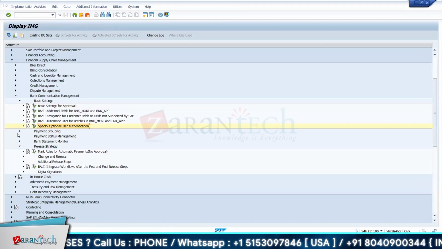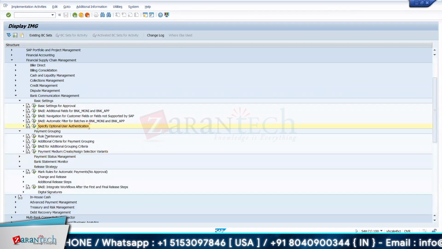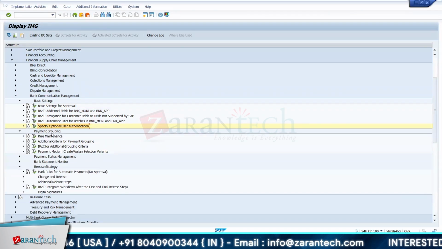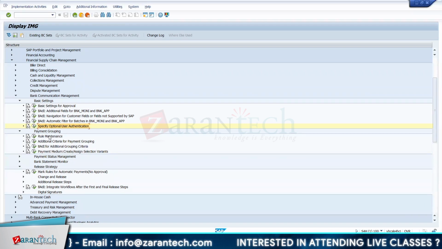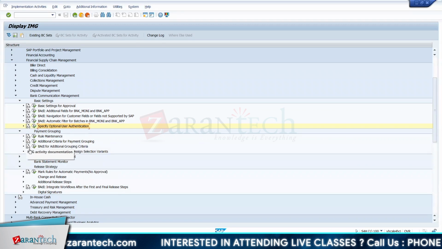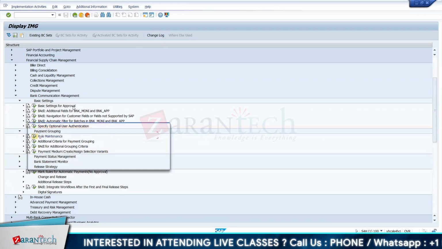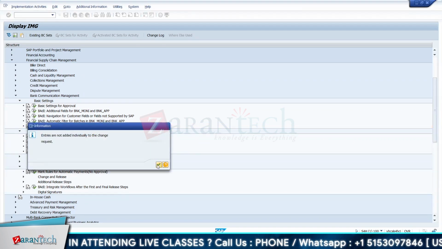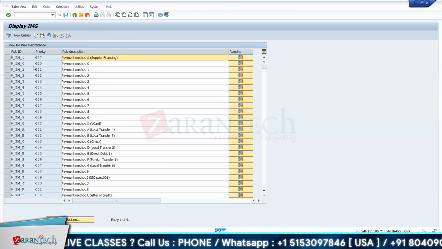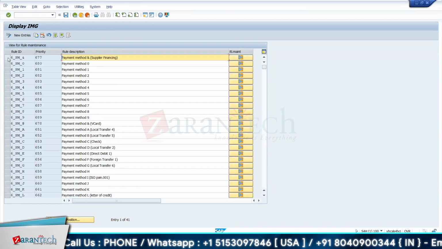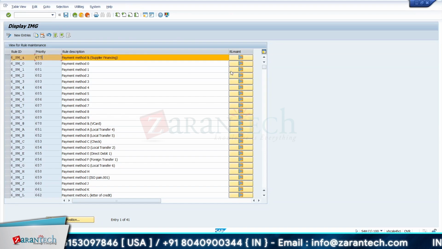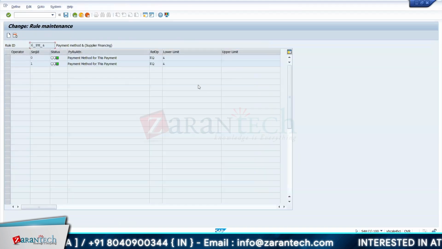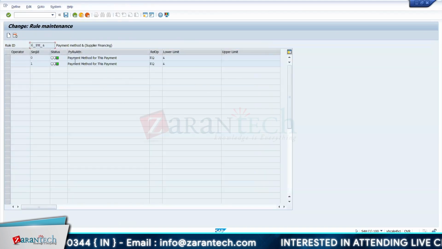Now coming to the payment grouping. This is the step 1 or 2 step you need to configure here. Once the payment is released from F110, how are you going to group your payment? So here you can do the grouping of the payment. You can see here, this is the rule ID, and this is the priority. So we'll do that and go to the details. If you go here,